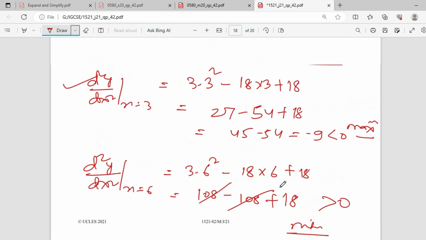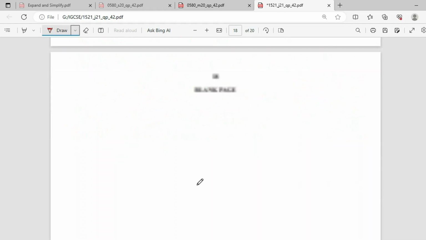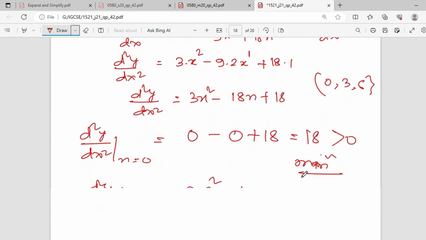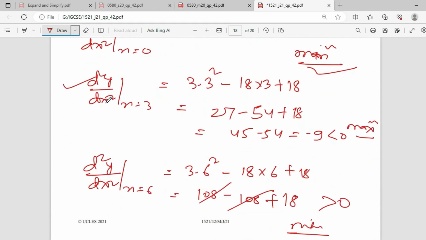So this is how we can find the maxima and minima, to determine whether each stationary point is a minimum or maximum. For 0 it was greater than 0, so minimum; less than 0 for 3, then a maximum; and greater than 0 for 6, then it is a